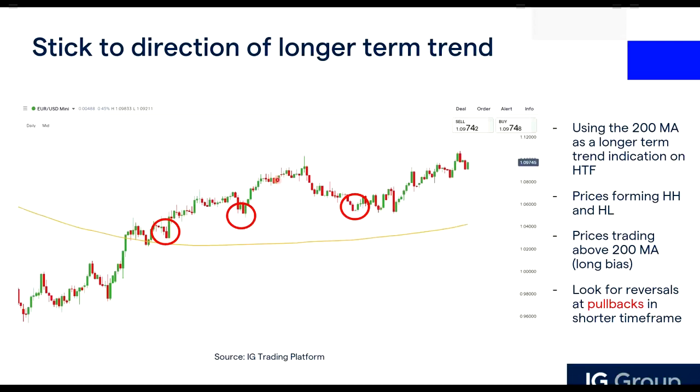So how do we look for long opportunities? Again, we look from a higher time frame analysis. In the higher time frame, in the daily chart right now, we know it is an uptrend. We want to go for long. So in these pullbacks, are we able to dive into a shorter time frame to look for these reversal patterns?